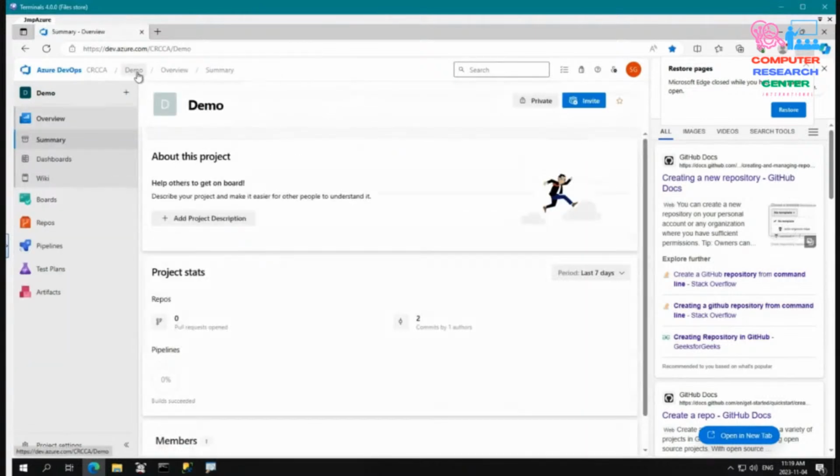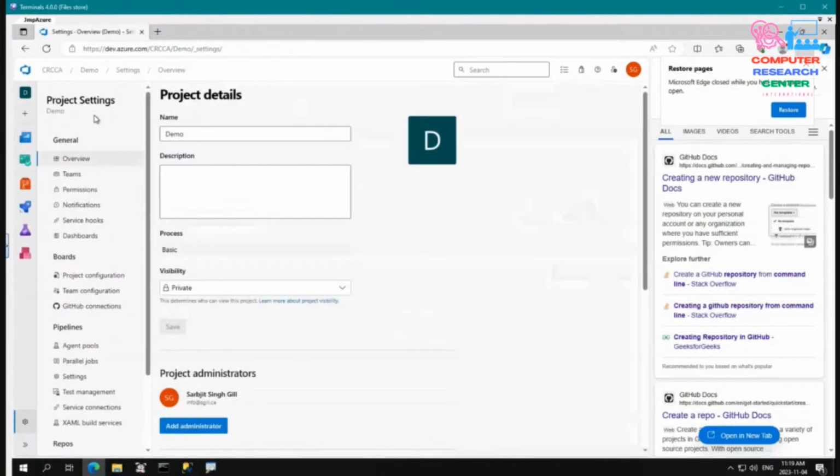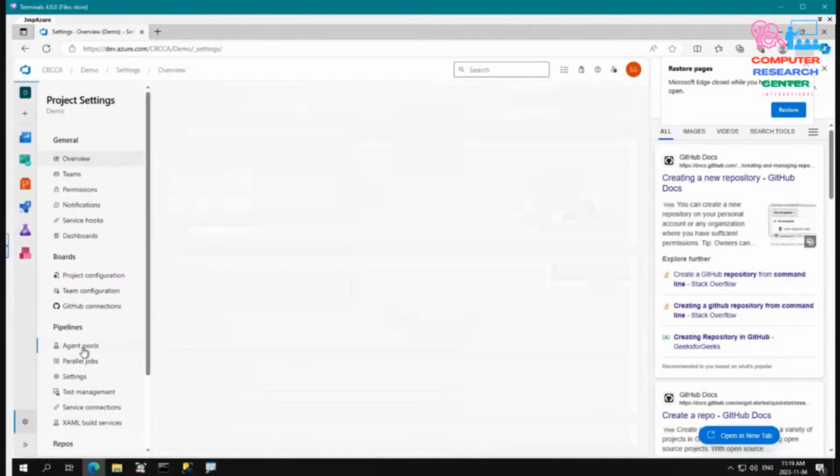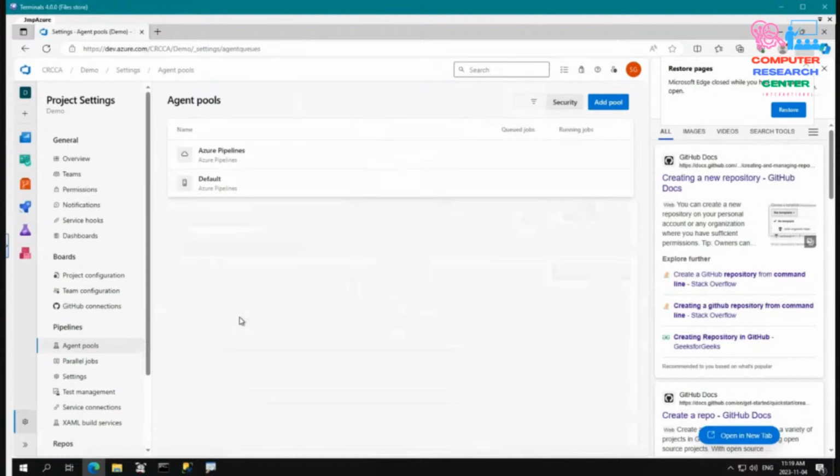So now we will go to our project. Basically, I feel easy clicking on this bar, right? Track bar, right? Project settings. In the project settings, you will go for agent pools, right? What do we have? We have two pools. Basically, it is one actually, because see, Azure pipelines. This is one,